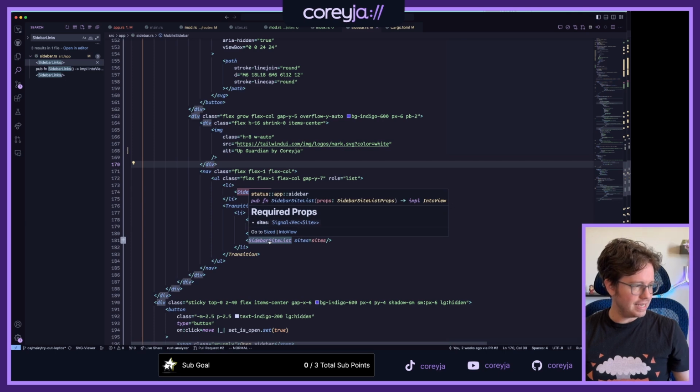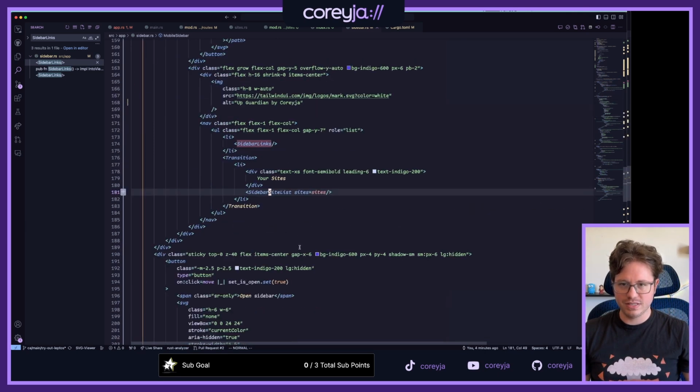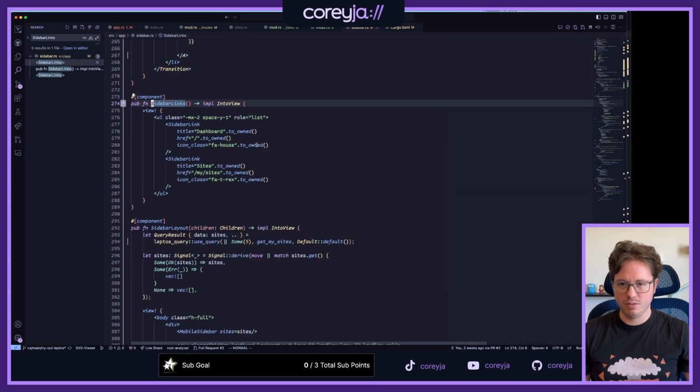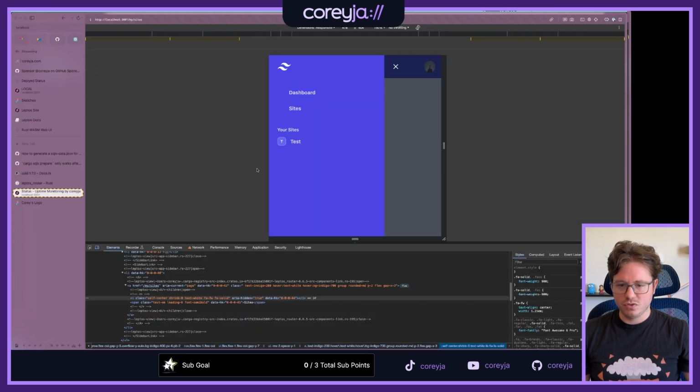Yeah, so like my sites list, for each of these, maybe they have the same Font Awesome. That makes sense. But each sidebar link isn't using the icon class. It's supposed to be adding that as another class, but it's not happening. That's interesting.